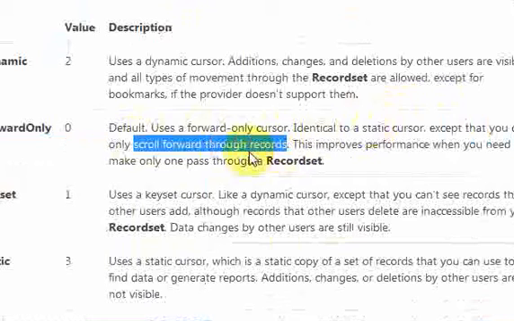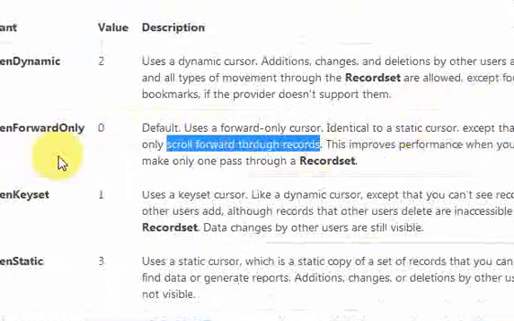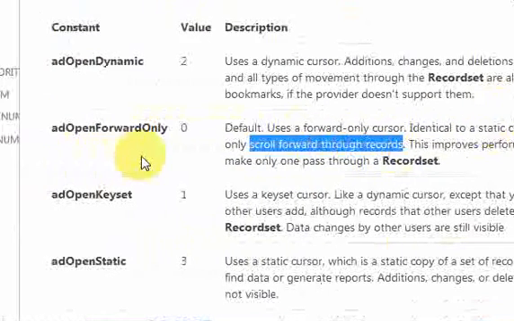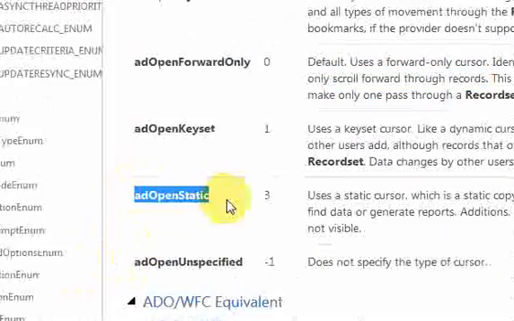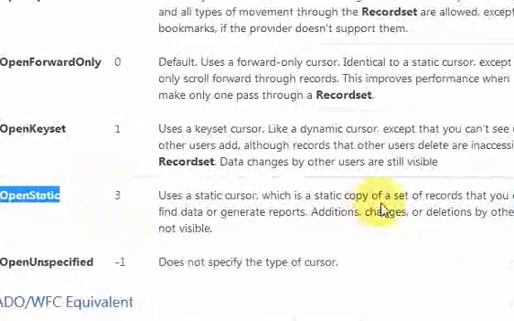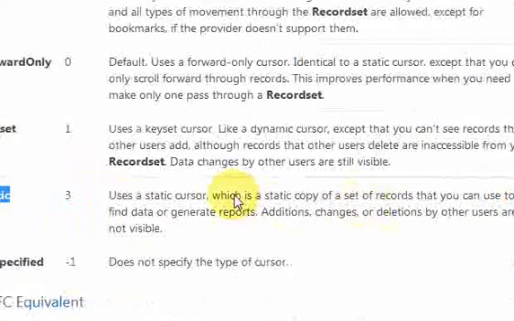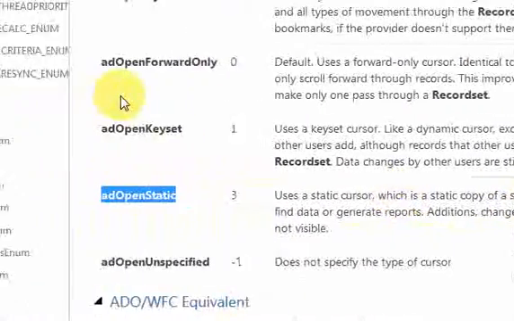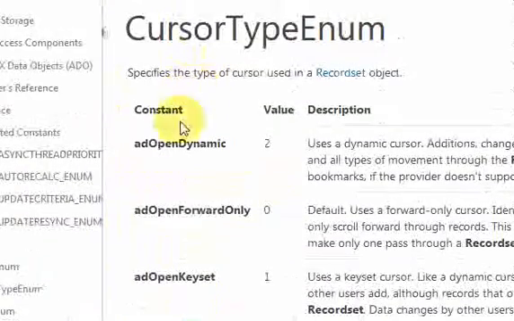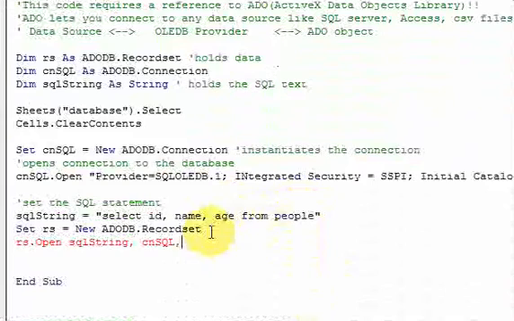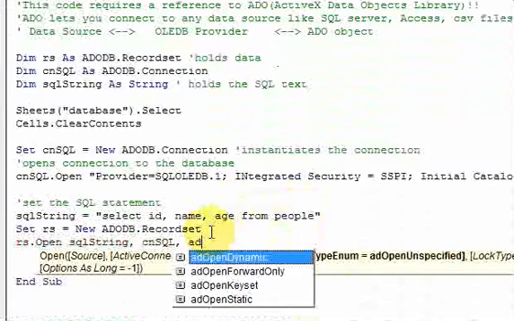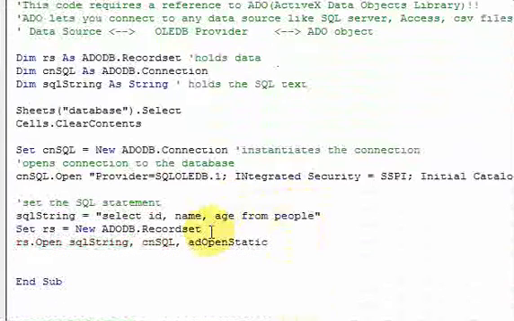And in our case, we want to be able to get a record set in memory and get some data and scroll forward and backward. So we're going to use this one down here, AD open static, which allows you to go forward and backward and go through your record set. So when I go into my code here, I'm going to do AD open static, and then there's a lock type here,